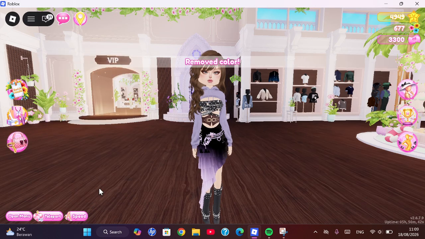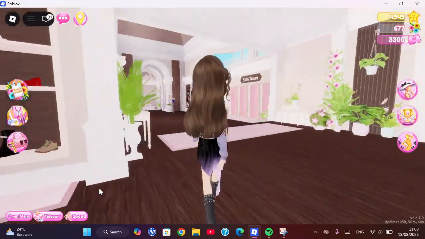Okay guys, and that's how you can remove colors from the color palette in the Dress to Impress